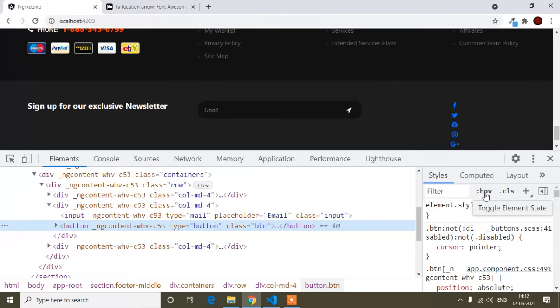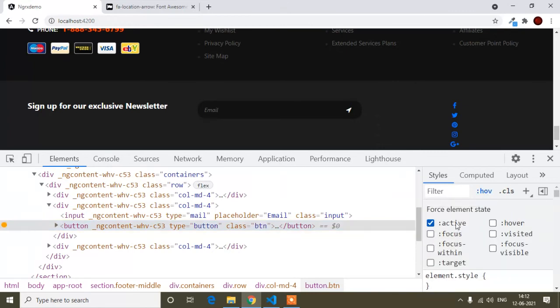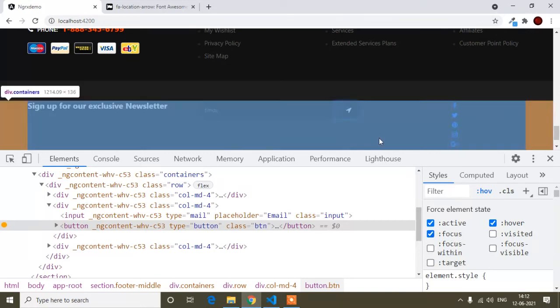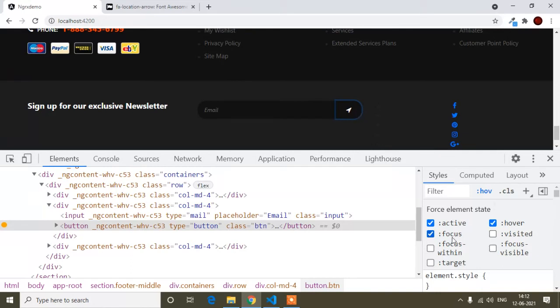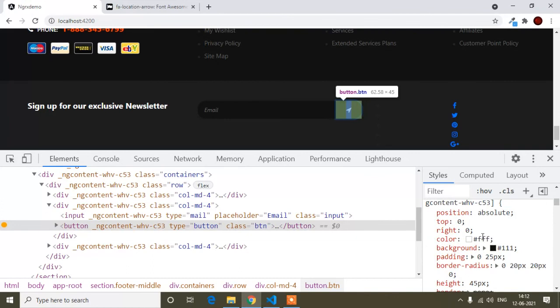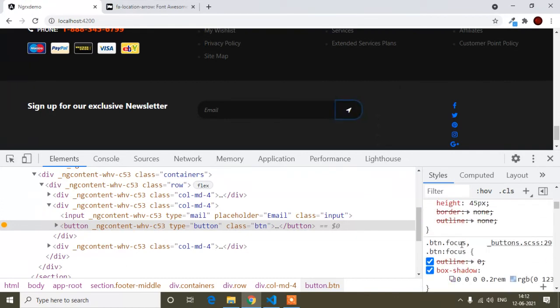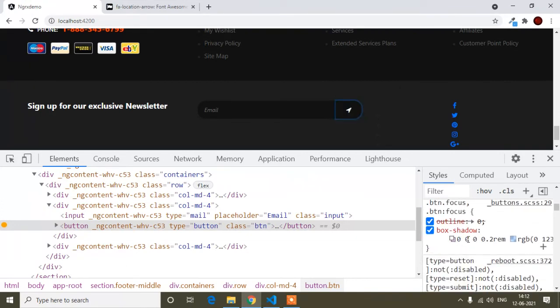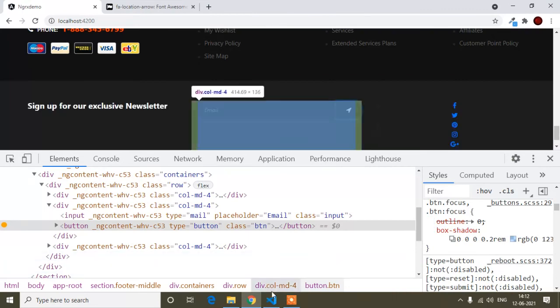After that you just click hover and put here active and hover, to check where it's coming from. When I check this focus, you can see this line is coming, so that means it comes from focus. So I will remove active and hover. And after that I will click hover again, so it will be minimized. And now I will scroll, so this one is coming from this box shadow, you can see here. So I have to write that box shadow is none also.